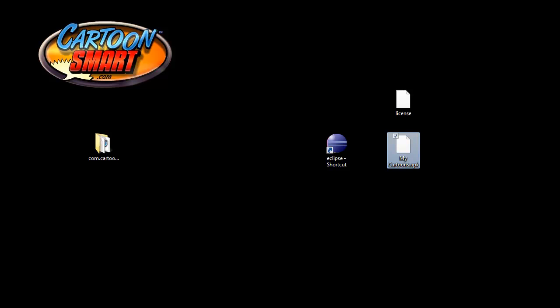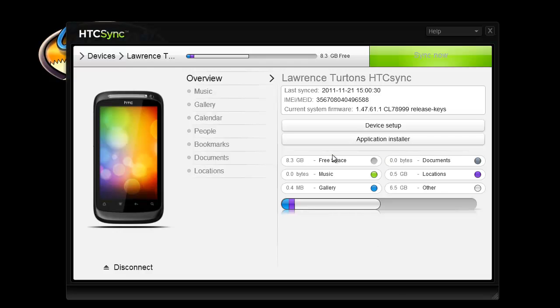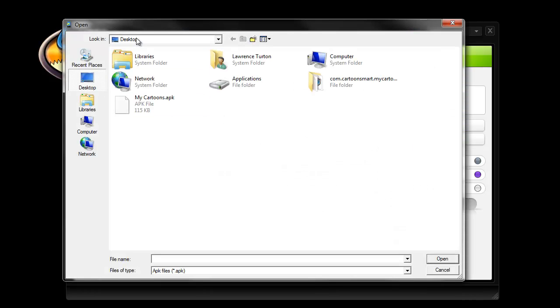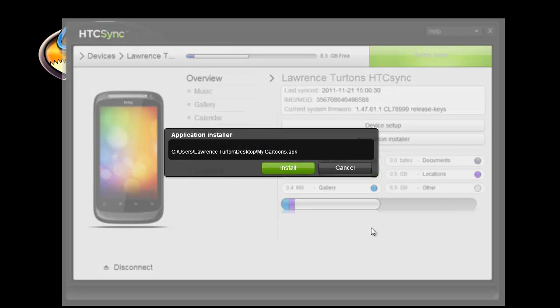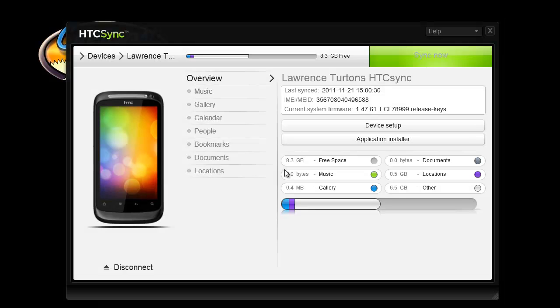So I'm going to open up my HTC software, and I'm just going to click on Application Installer. And I'm on the desktop, and as you can see, I have this mycartoons.apk file. So I'm going to open that up, and I'm going to click on Install. And then what we're going to do is I'm going to quickly pull up